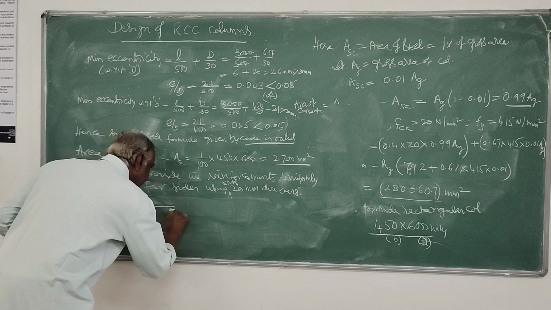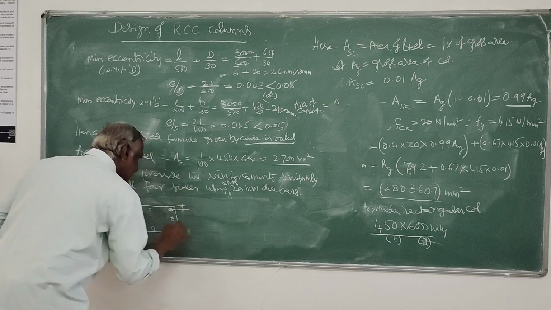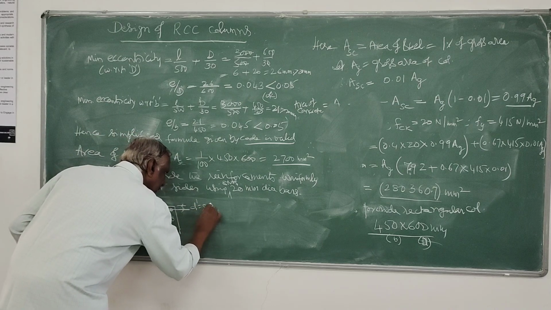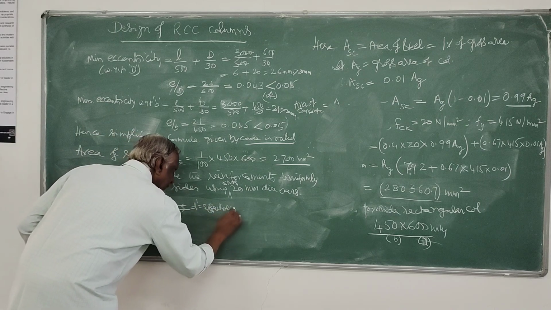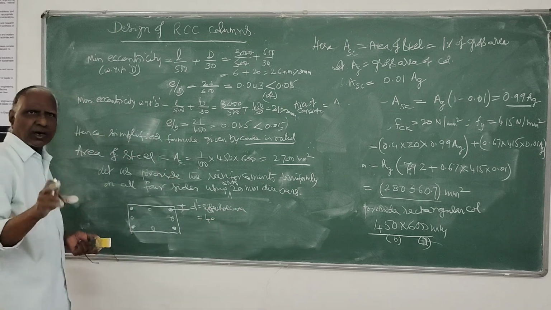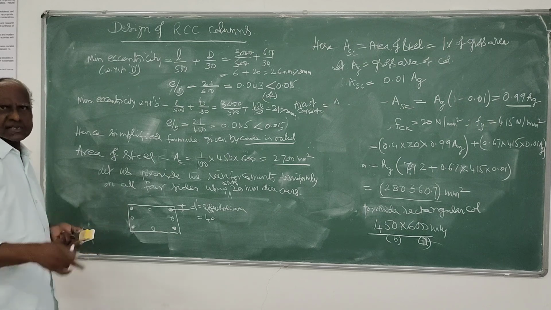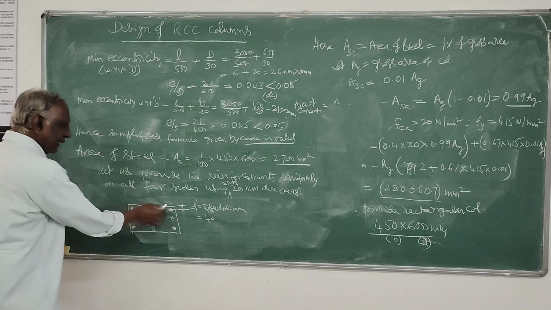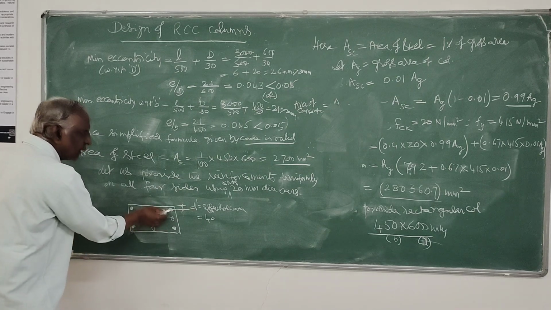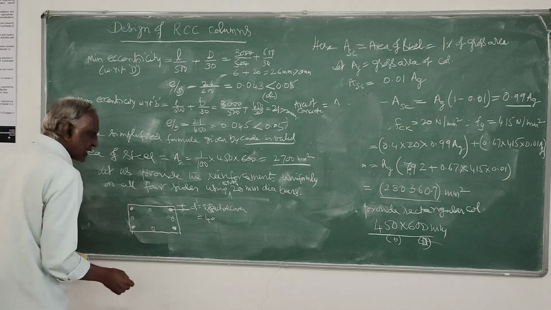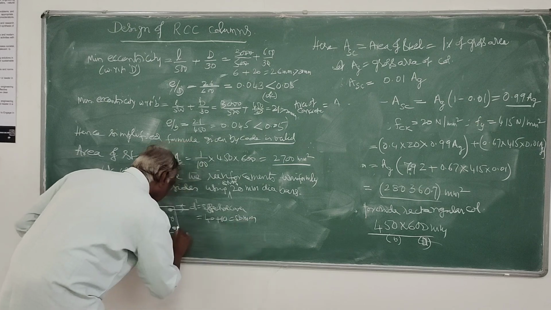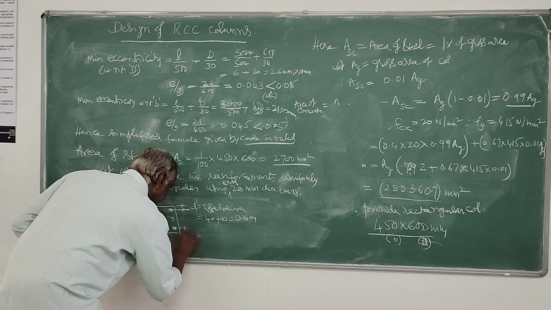So here, this particular thing is called effective cover. This is E dash, effective cover, which is nothing but clear cover. Clear cover for main steel is 40 mm as per IS specification and half the size of bar. To the center of bar we are providing effective cover. 20 mm means half the size is 10. So it is 50 mm. So here also it is 50.